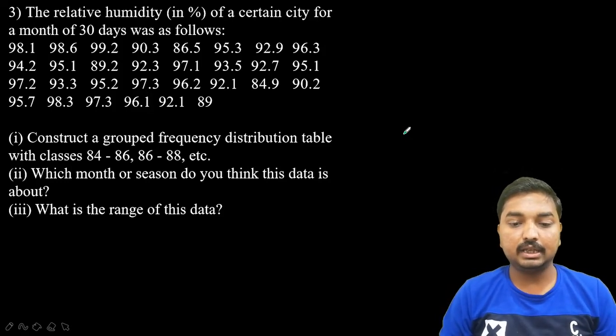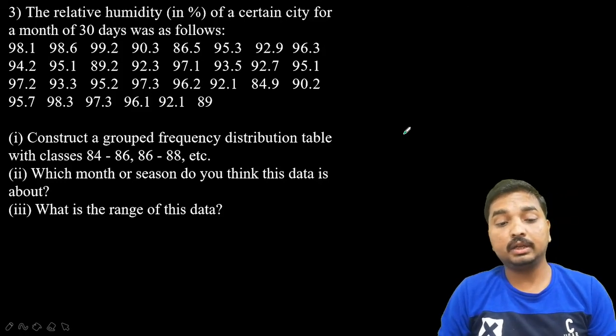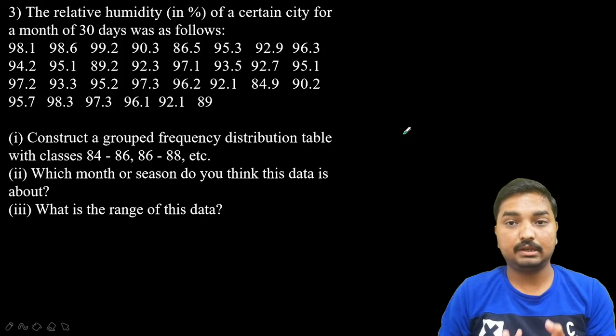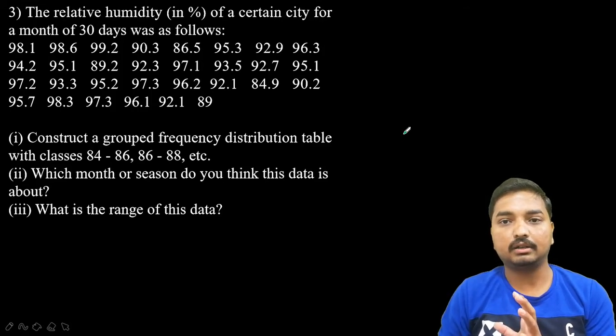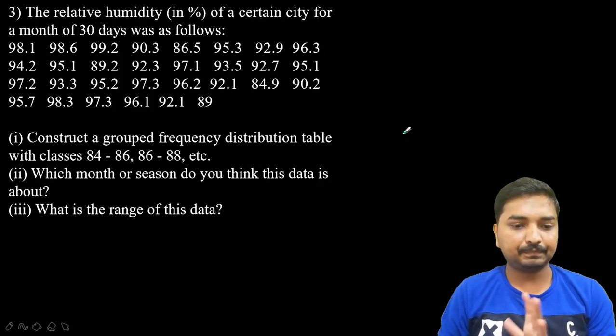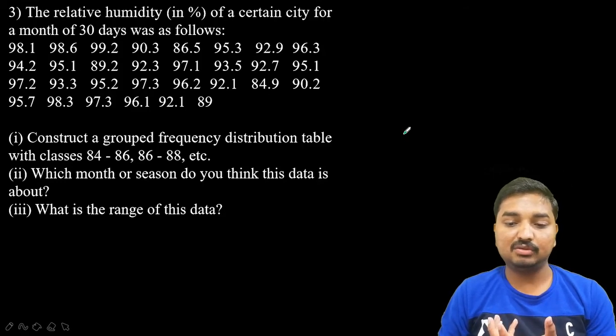So the given information is humidity in a locality, in a place. Okay, and it is the data of 30 days. In each day he is going to calculate what is the humidity in percentage. Percentage means we always consider 100 as maximum, 0 as least. If there is any value, it will lie between 0 to 100. So then it is called a percentage. Now look at here, 98.1, 98.6, like that. That's why the maximum possibility is 100. 100% is the maximum, because in percentage 100 is maximum.